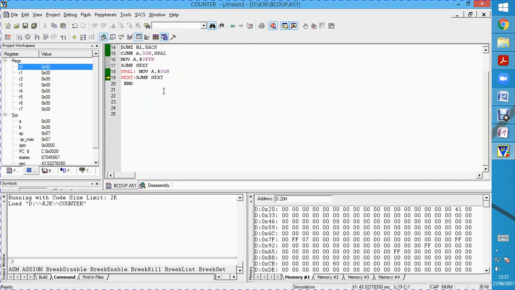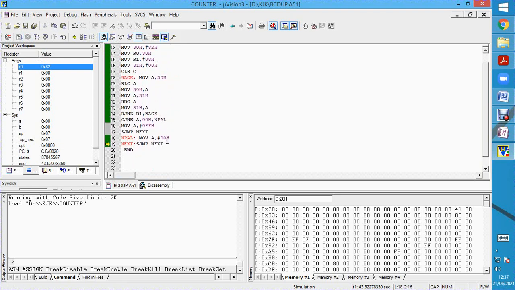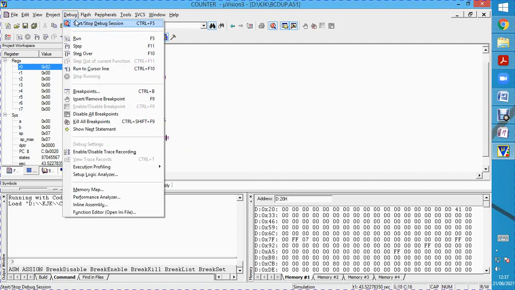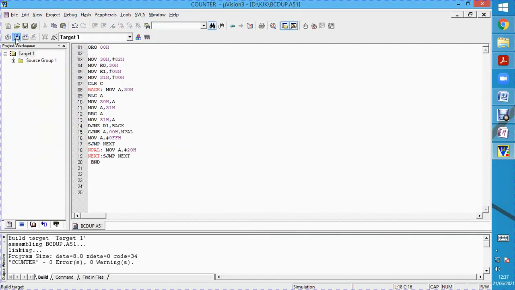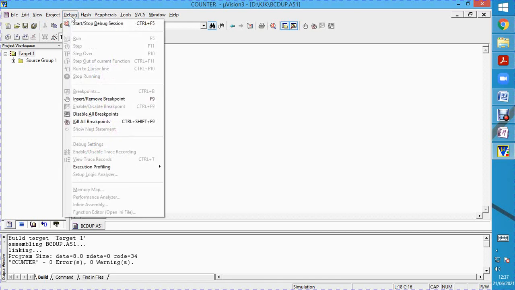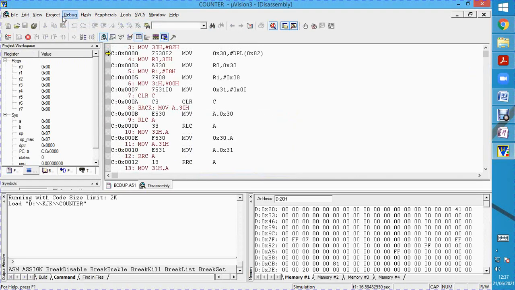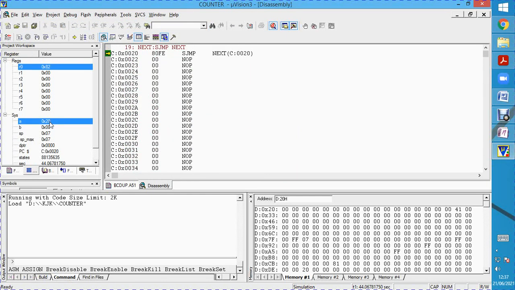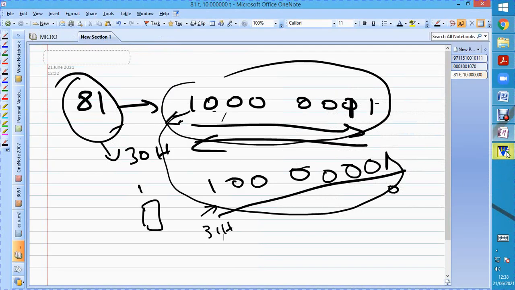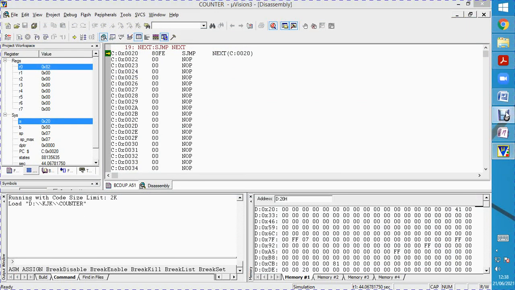If you want to see some other result, that can also be done. Here we have moved 0, 0. You can move 20, no problem. For clarification, you can change the value and see whether you are getting the result or not. Okay, just press F5. Stop it. You can see, as 82 is not a palindrome, you will be getting 20 in the accumulator. So in the next class we'll take up some more programs and we'll show the execution. Thank you.